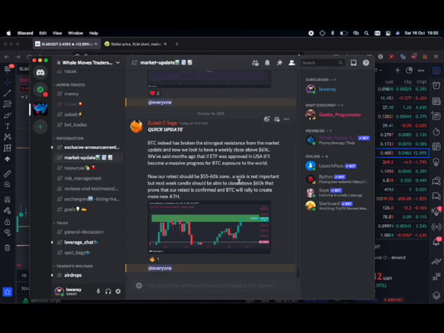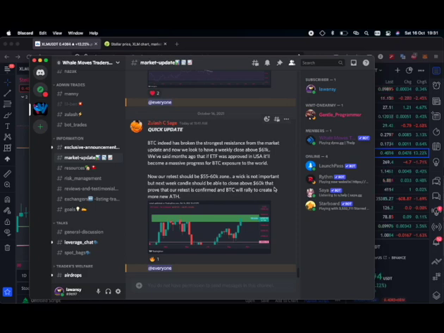Start shorting it or selling, whatever you want to call it. Sell or short down. Now, we're looking for rotates. We don't know where the rotate is going to go. It may go below 55k. It's possible. A week is not important, like we said. What is important is the weekly close. That's what is important to us.